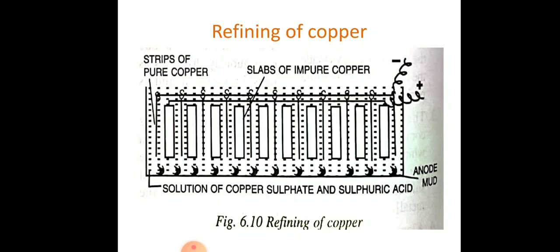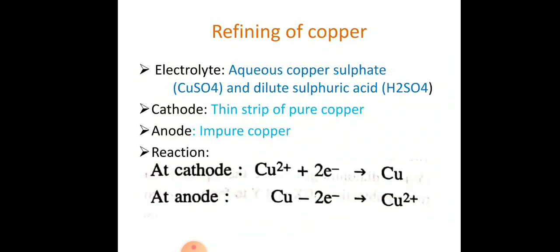Now, how do the decomposition and reaction take place? The electrolyte we use is aqueous copper sulfate solution and dilute sulfuric acid. At the cathode, we have a thin strip of pure copper. At the anode, we have impure copper. Copper sulfate will dissociate as Cu2+ and SO4 2-, and sulfuric acid as H+ and